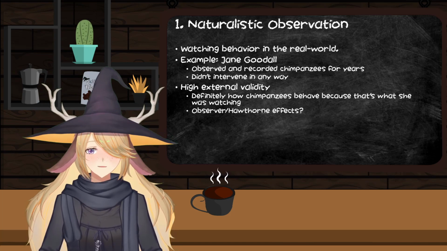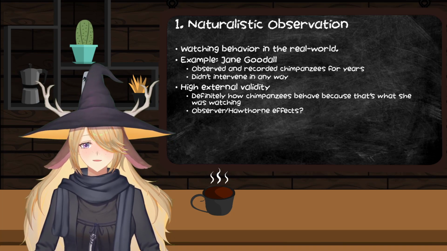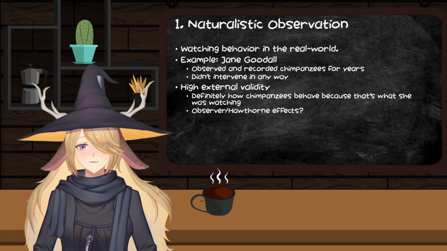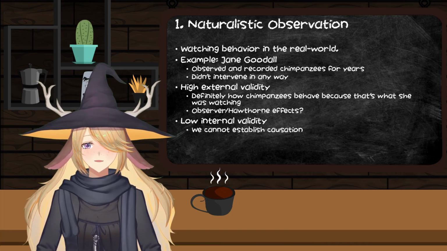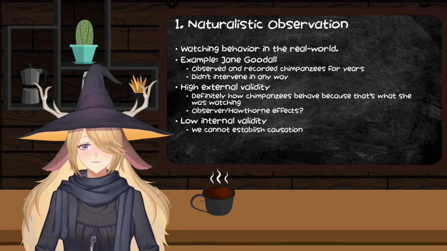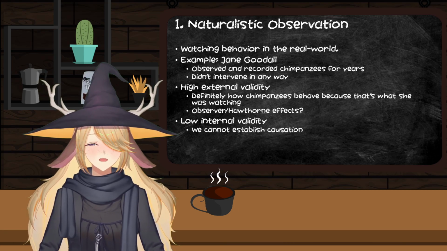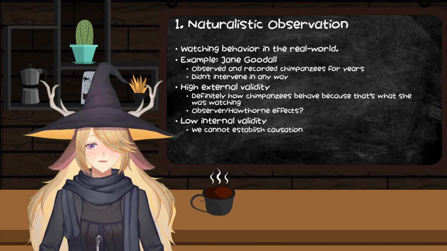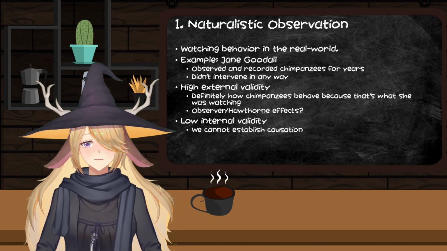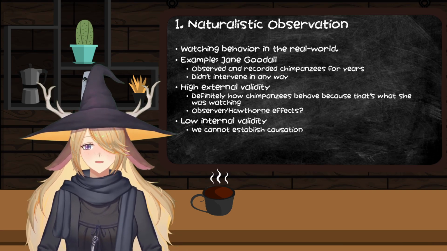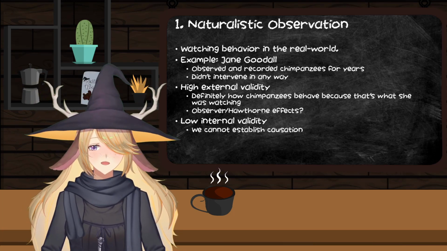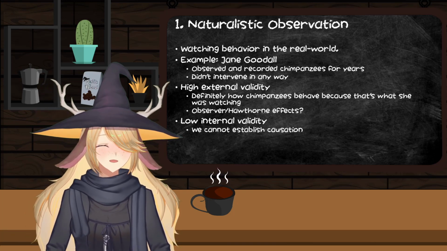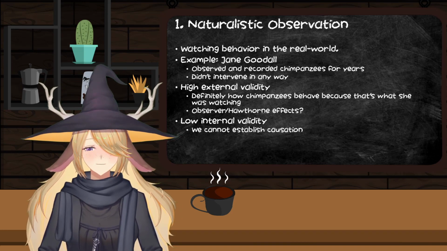Now, there are some things to consider here, though. We call them observer or Hawthorne effects, where the fact that a person is being observed potentially changes their behavior. And so you might see that people try to hide that they are observing people or do any number of other things to try to minimize what we call observer effects. However, even though these have really high external validity, it's impossible to establish causation. We can't say that X is causing Y, and so we don't consider naturalistic observation, oh hi Hazel, to be highly scientific.